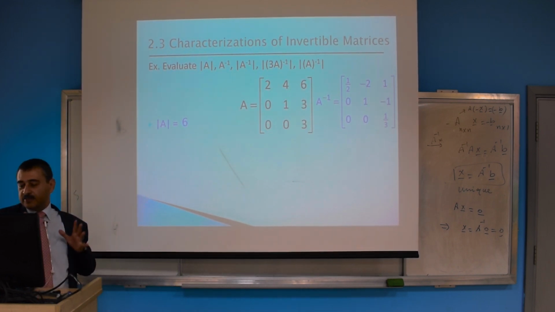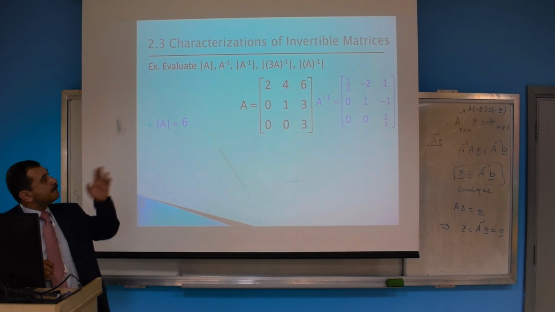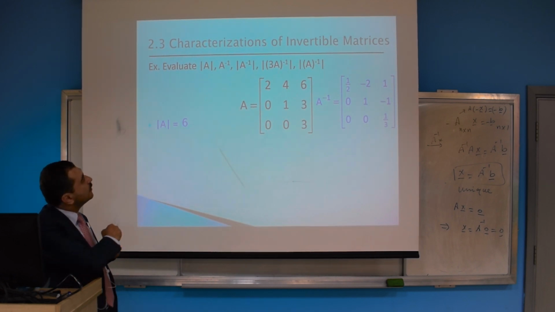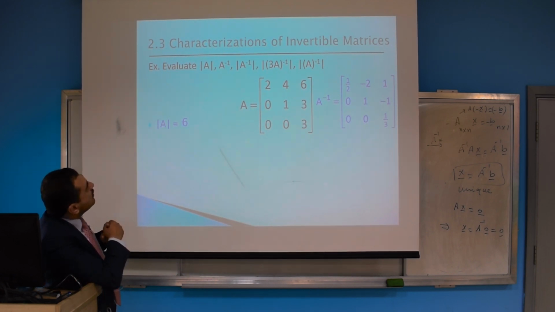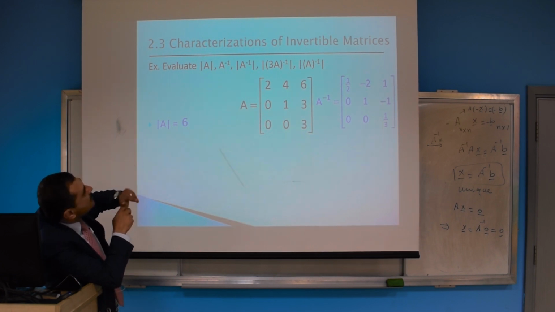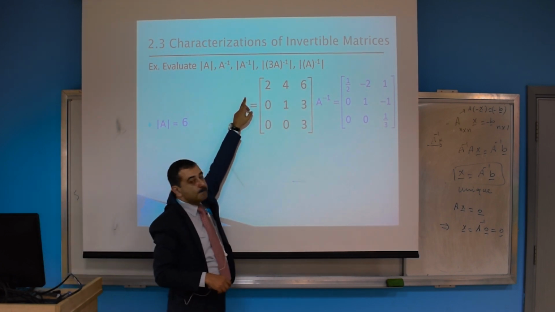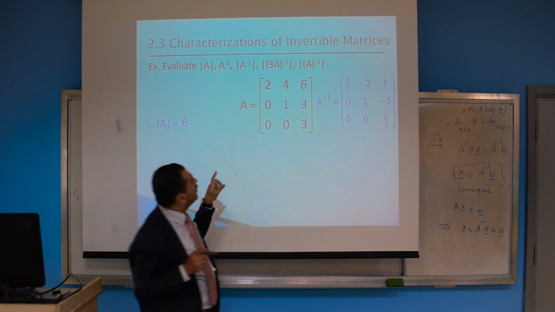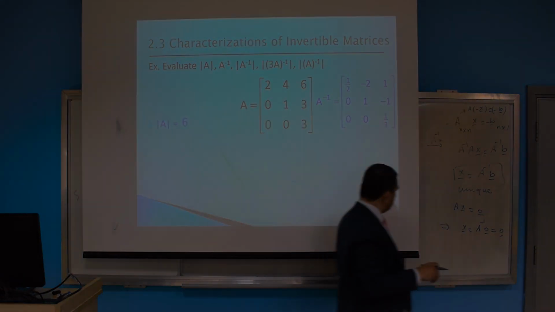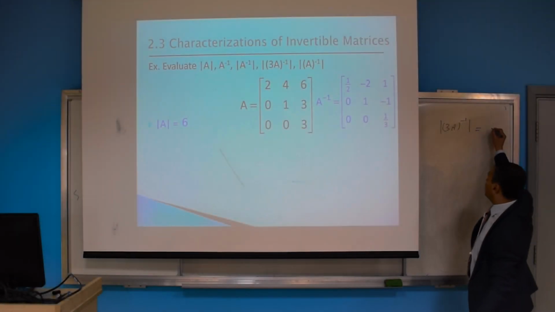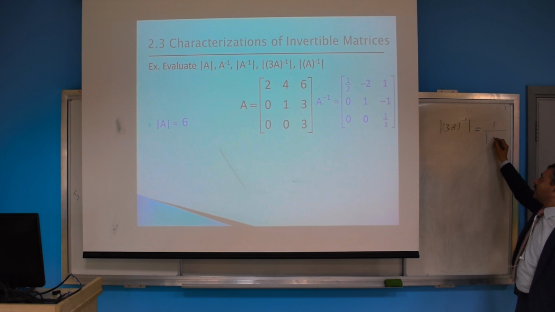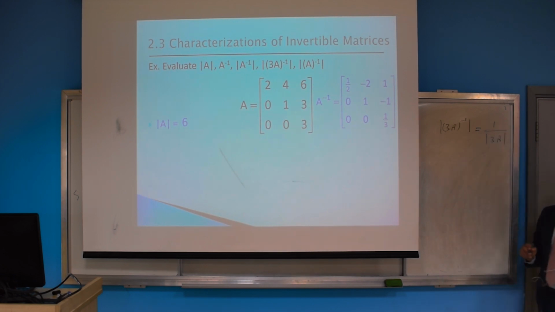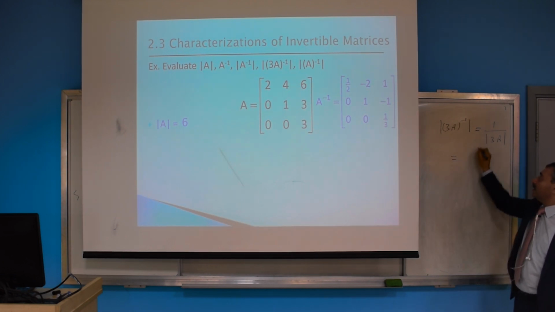طيب جبنا الانفرس، نعرف نجيب باقي الحاجات بقى. احنا قلنا أول اتنين خلاص. determinant of inverse of A يبقى 1 over 6. طب determinant of the inverse of 3A، دي احنا قلنا 1 over determinant of 3A مش كده؟ فاكر كان في property تريكي وناس كتير بتغلط فيها، يا ريت ما نغلطش فيها.